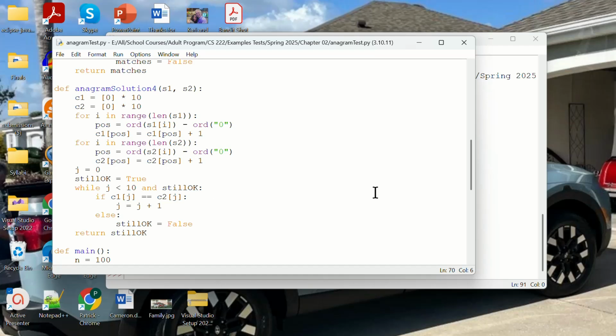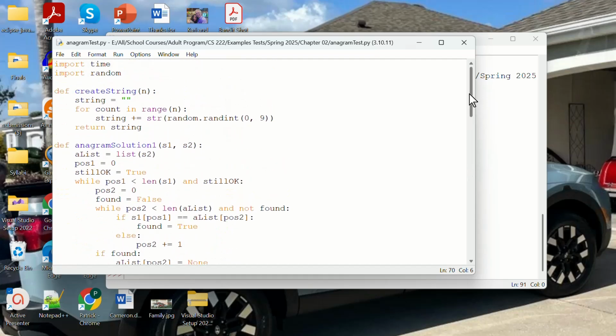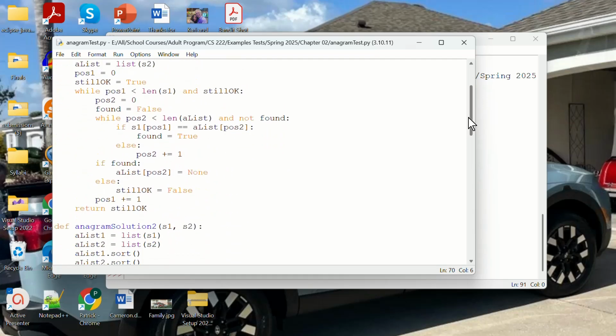But that gives you an idea of how important it can be to analyze your algorithm to see if there may be something